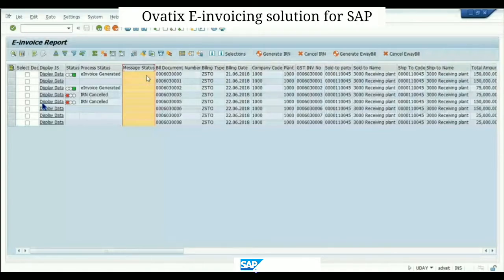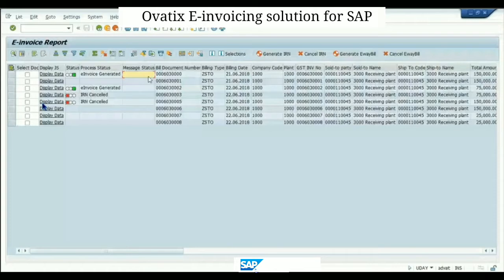At that time, it will throw back a reply saying that the PIN code is mandatory, which is not available. That message will be shown in this message status box, so that you can see what the error is, go and correct the customer master, ask the customer what the PIN code is, update it in the customer master, and then resend this IRN, resend this data.